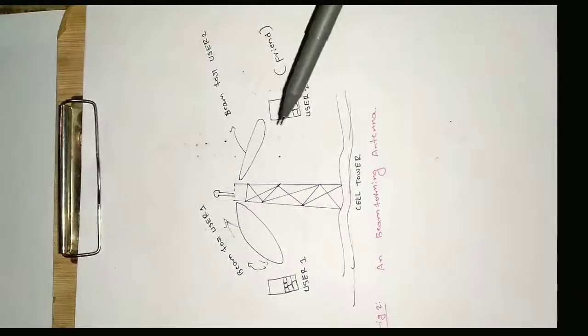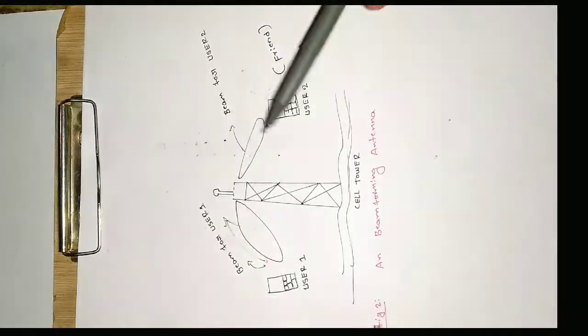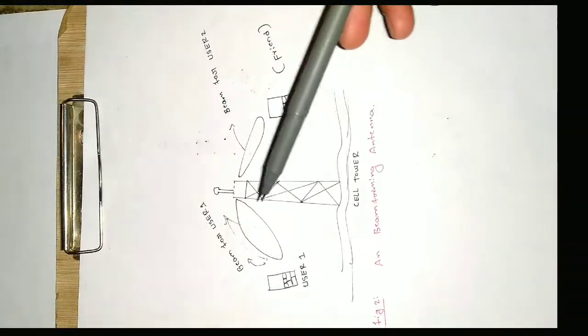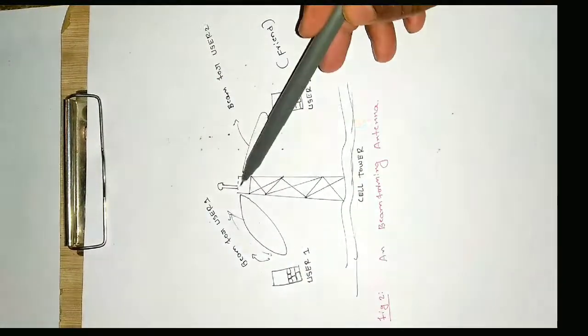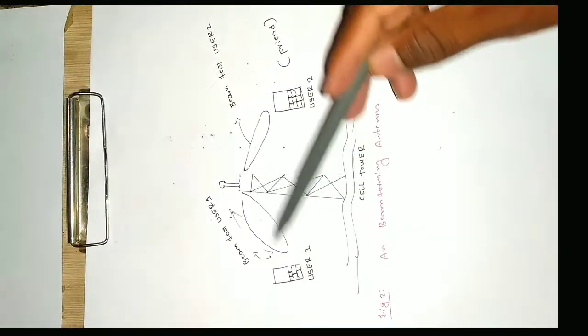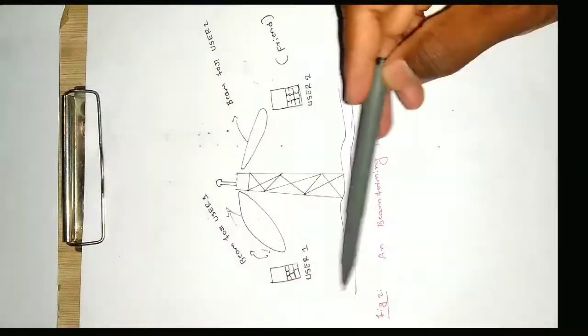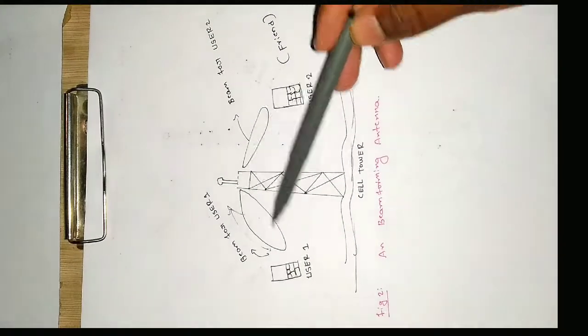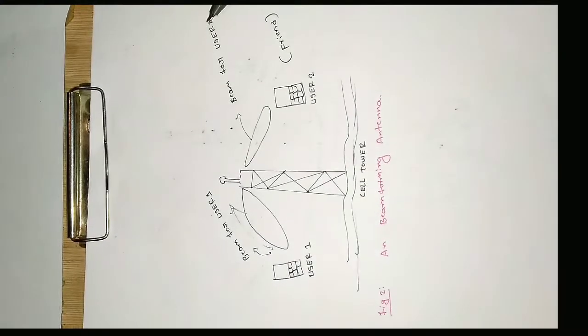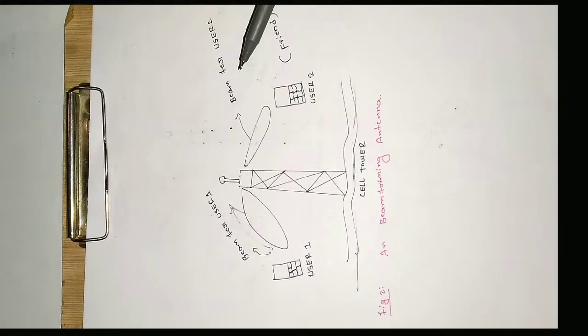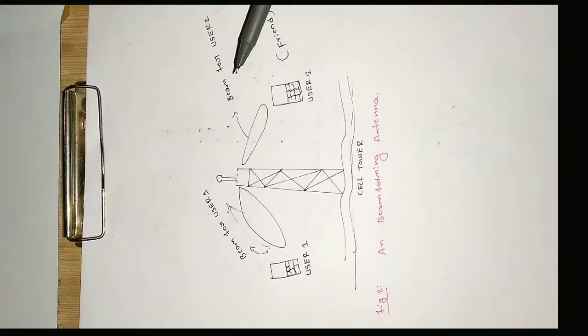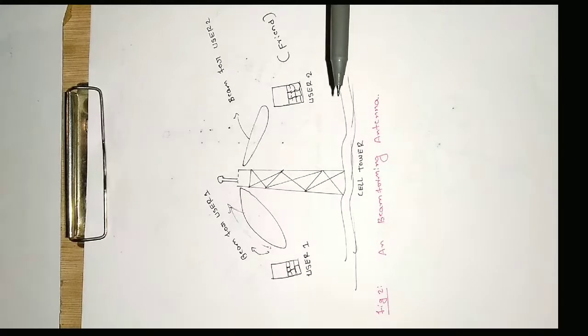Previously I have explained how the connection happens between the user and the mobile. That is a one-to-one communication, how the handshaking signal is sent from the user, and how an acknowledgement is received by the user from the cell phone tower. That I have shown in my previous video. If you have not seen that video, please guys check the playlist, you can find the link for the same.